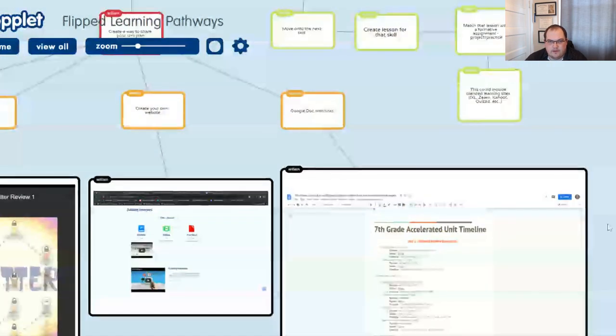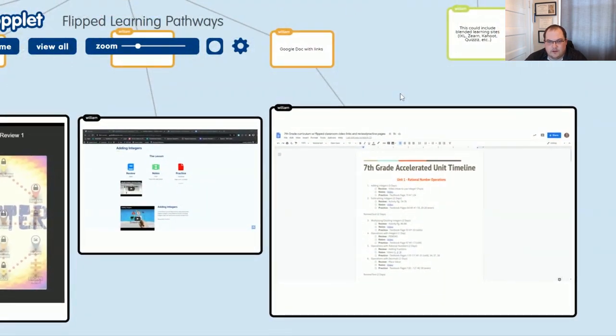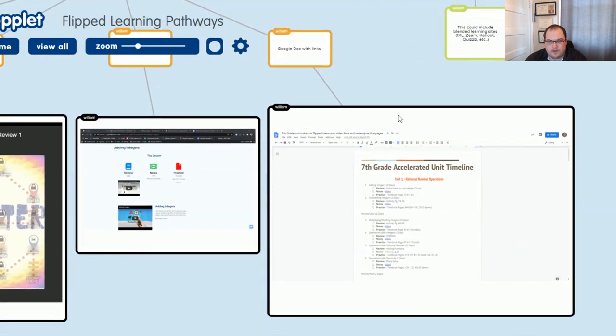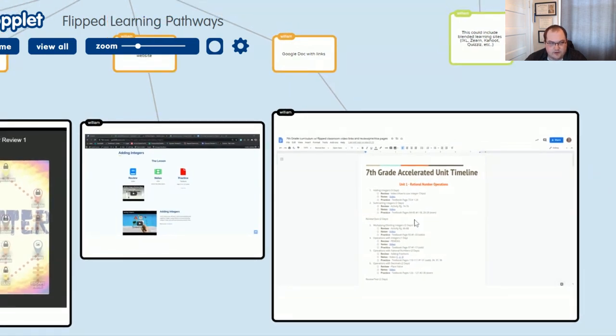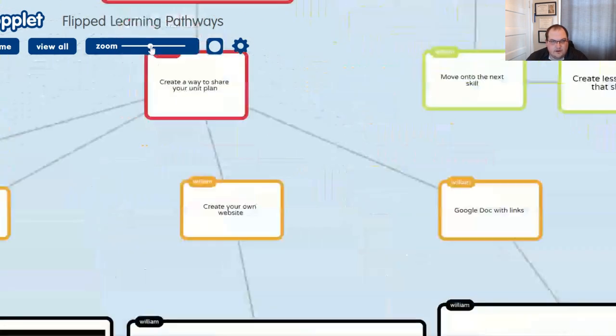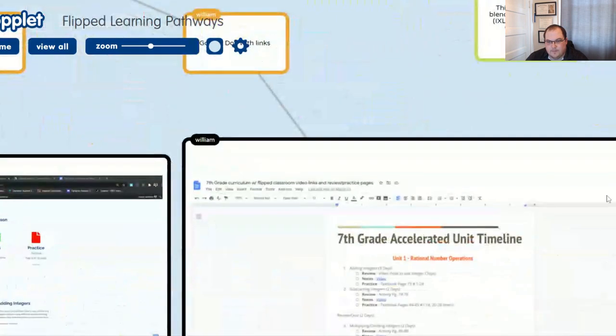Another avenue that I have a template for you is just a document with links. And I actually do this one anyway, no matter what avenue I choose to show the students my unit, because, let's zoom in a little bit here. With this document,